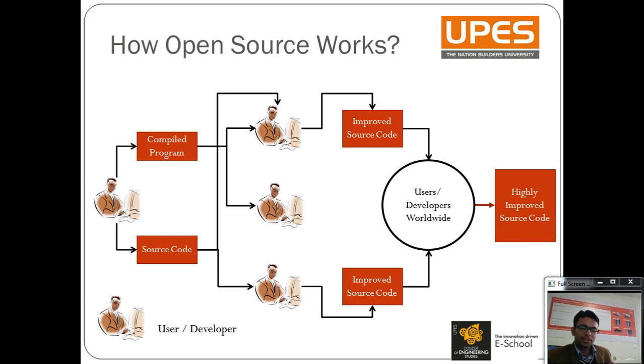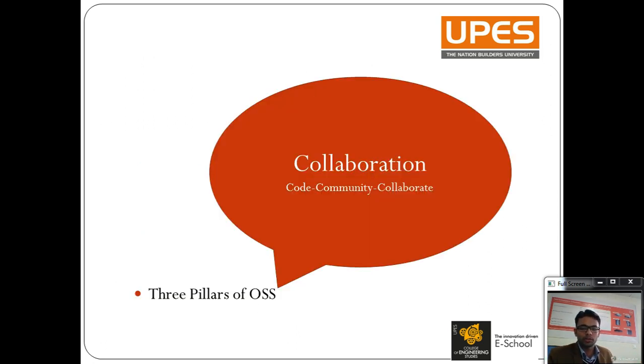So how exactly does open source work? There is one maintainer or developer who actually wrote the code, then gives it to the community, a society of any number of individual developers and users, who start contributing to it. Finally that source code becomes an improved version, and it's put over the web. Now it's available for everyone. So this is the overall working of open source software. As I said, it's a collaborative work.